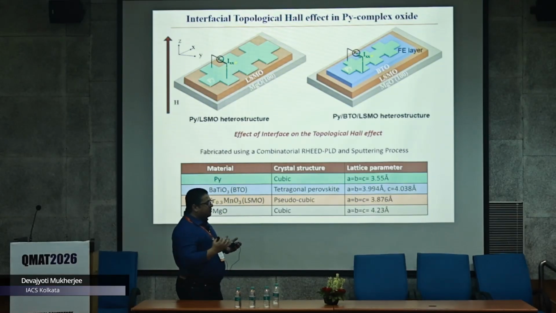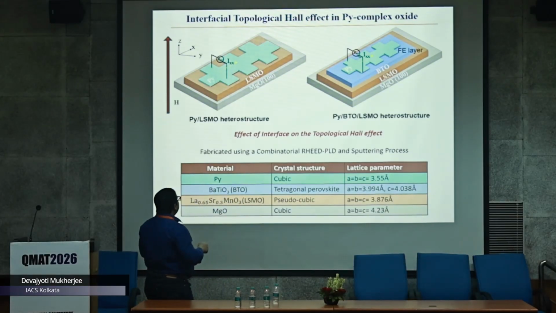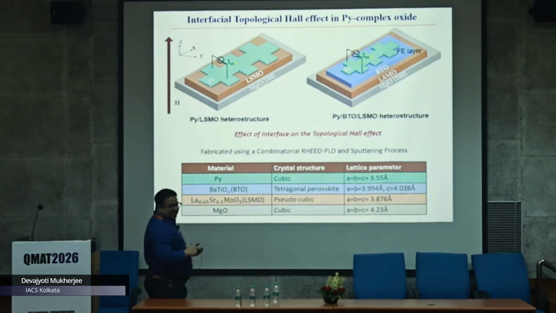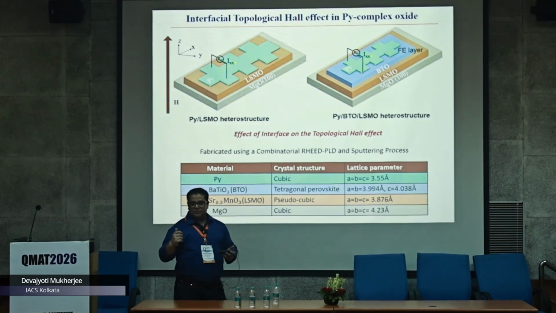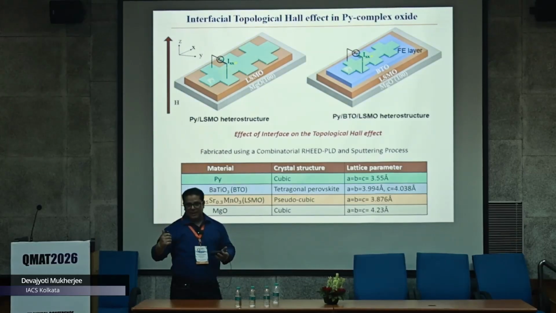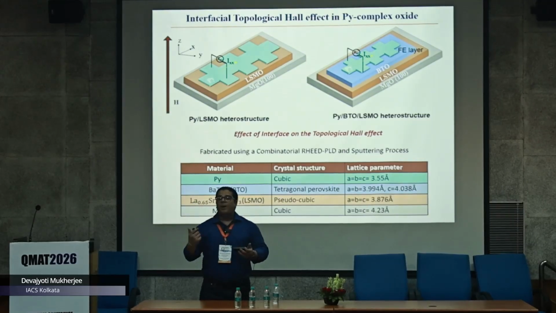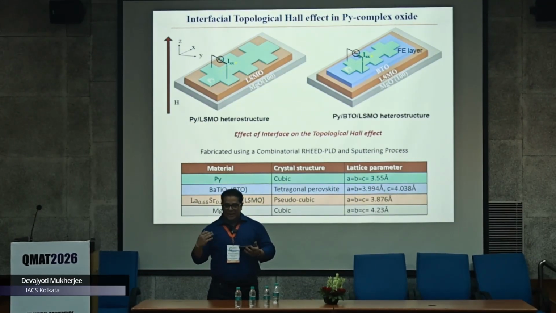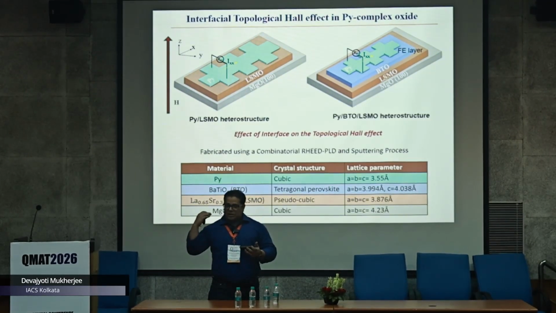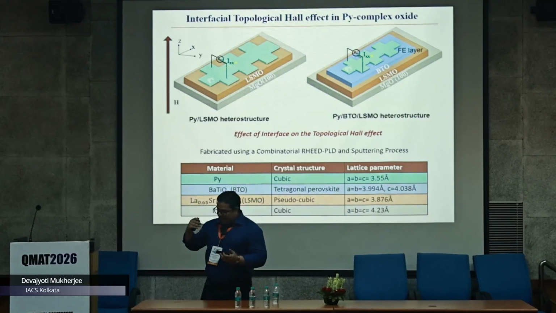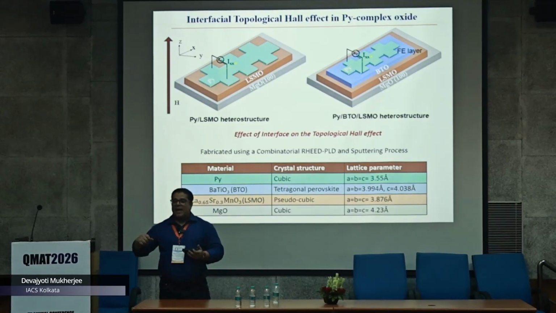So what we are trying to do essentially is manipulate the interface and create an electric field at the interface, which will be in the out-of-plane direction. And we want to see if this electric field can change the topological Hall resistivity of permalloy. This idea is related to the Rashba spin-orbit interaction, where interfacial electric fields can enhance